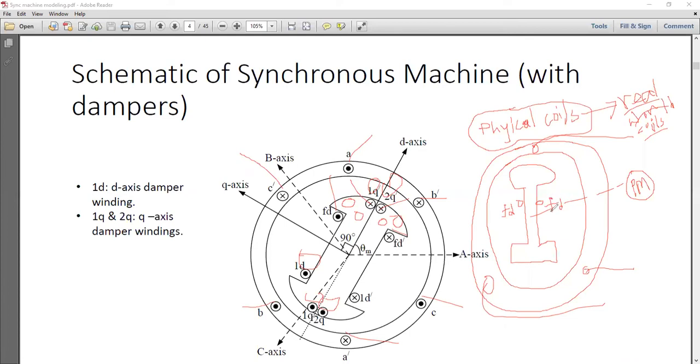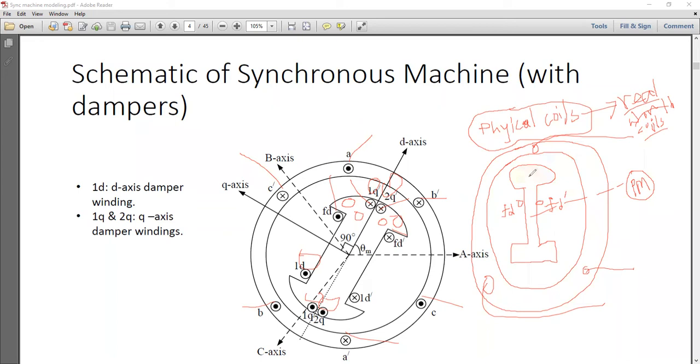So now the thing that I'm talking about will give you some idea about how you might, or why it might be necessary to actually represent damper coils other than real world damper coils. Why you might need to model them like 1Q and 1Q dash, 2Q and 1D and 1D dash. So these damper coils,